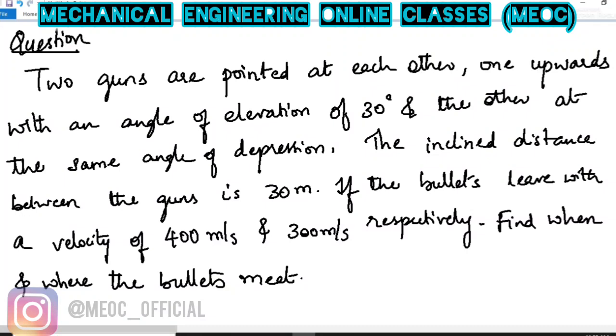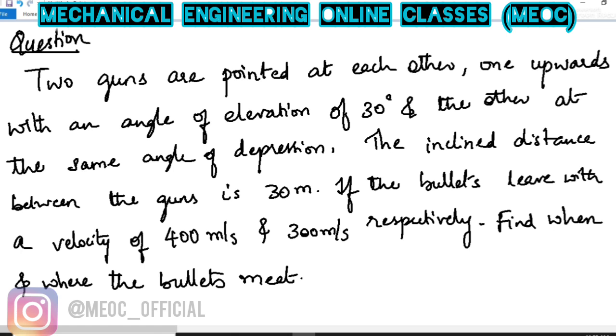So let us see a problem on projectile motion. The question is, two guns are pointed at each other, one upwards with an angle of elevation of 30 degrees, the other at the same angle of depression. So they are facing each other. The inclined distance between the guns is given as 30 meters, and if the bullets leave from the guns with a velocity of 400 meter per second and 300 meter per second, we have to find when and where the